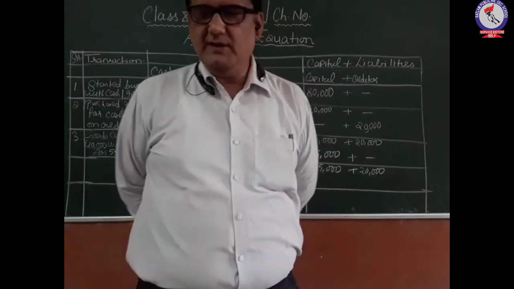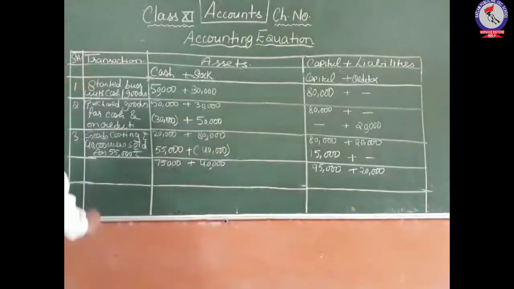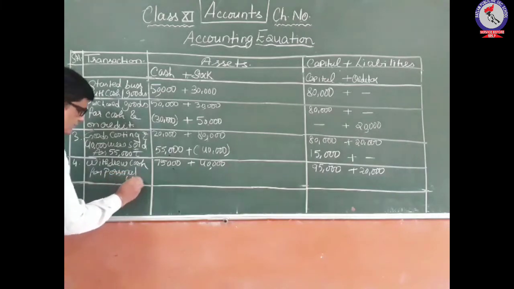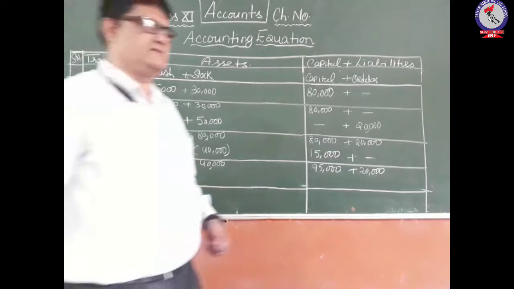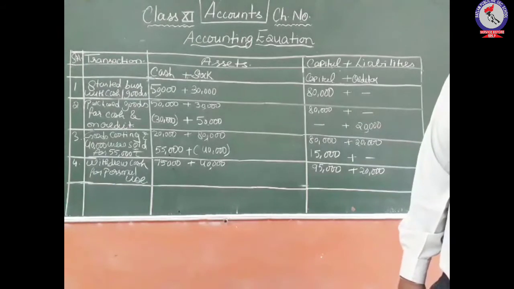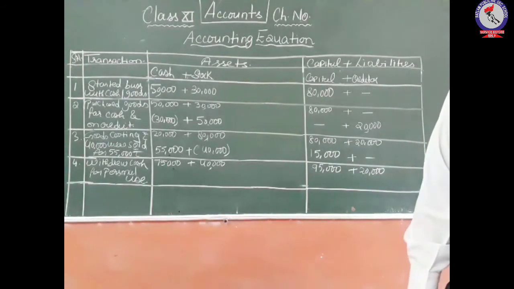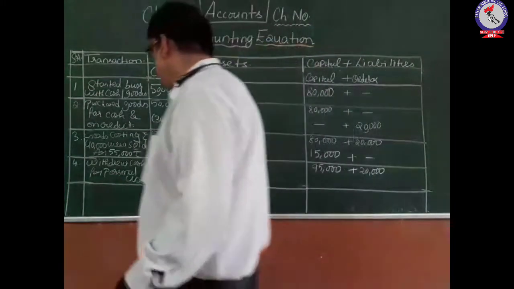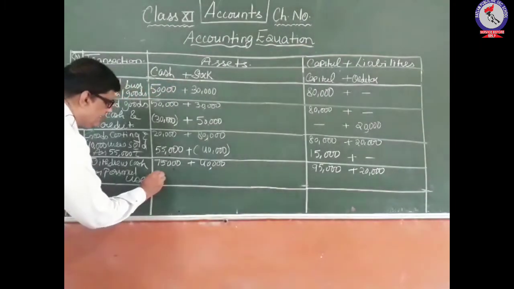Withdrew cash for personal use 10,000. Next equation. Withdrew cash for personal use, that is 10,000 rupees. So what we have done here, we have withdrawn cash amount rupees 10,000 for personal use, and when we are withdrawing the cash amount for personal use, that is 10,000 rupees, so what will take place, it will decrease your cash. आपका cash decrease हो जाएगा,